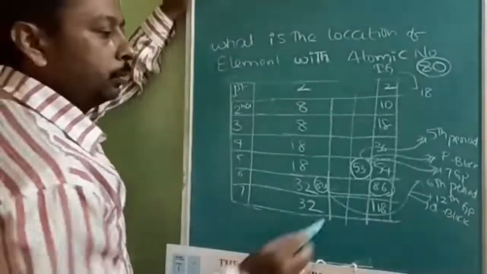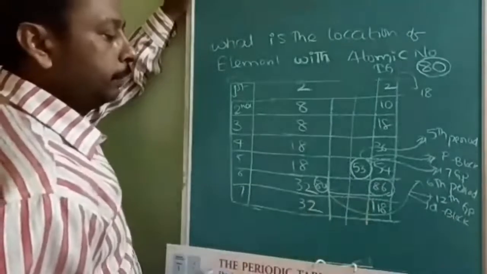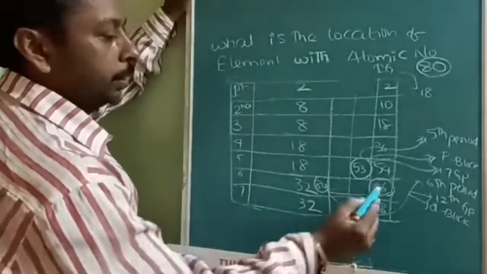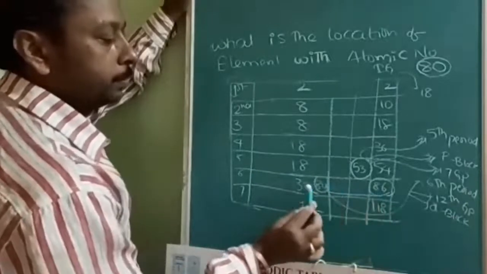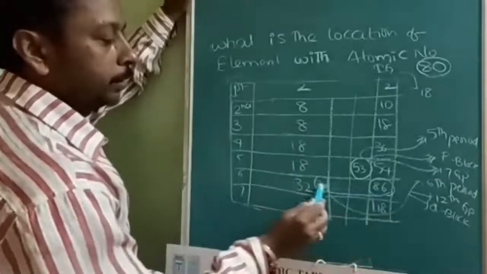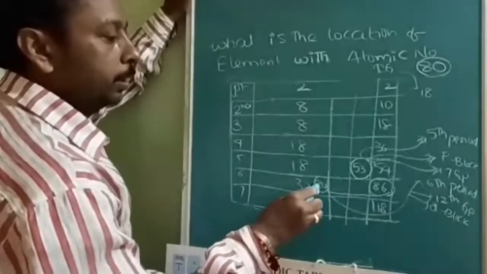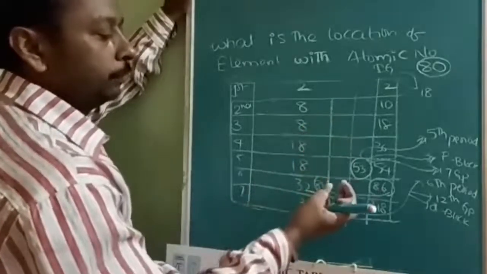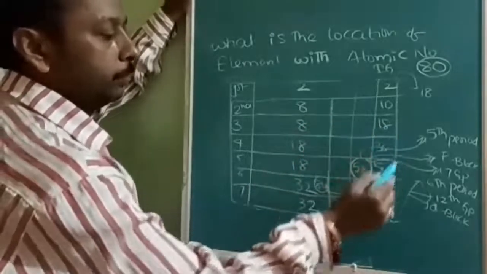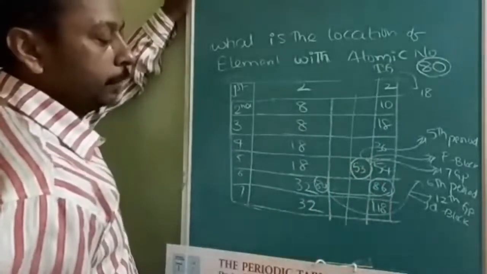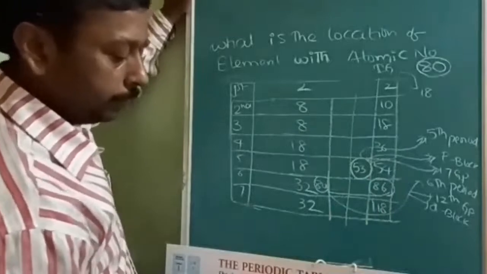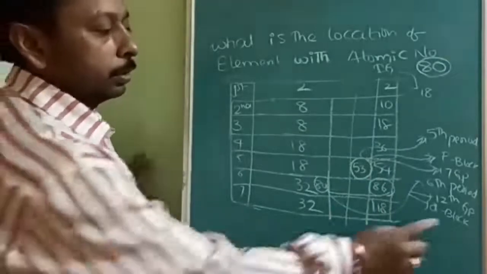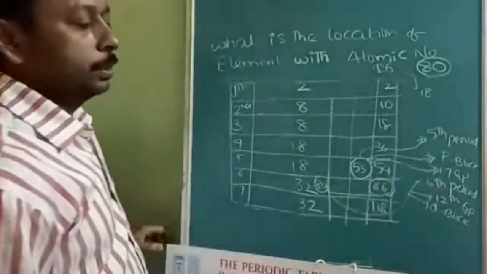Okay. How to approach the second example I have given. So note this down very carefully. If it is 86, come 7 steps backward. Okay. 7 steps backward means you will enter 18, 17, 16, 15, 14, 13 like that. If you count, 6 will be in the P block. At the 7th step you will step down into the D block. Okay. So D block, 12th group and 6th period.